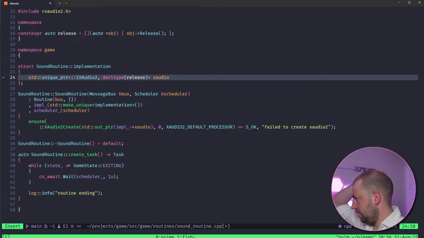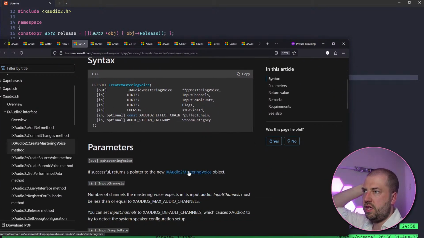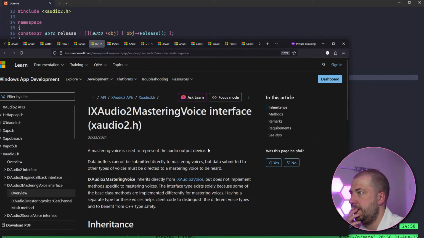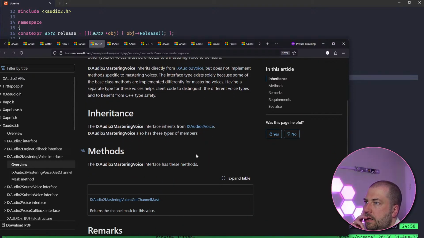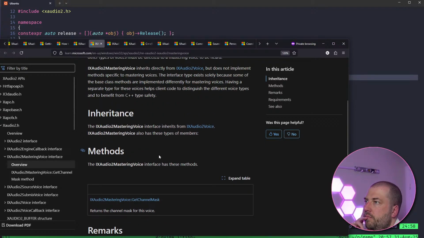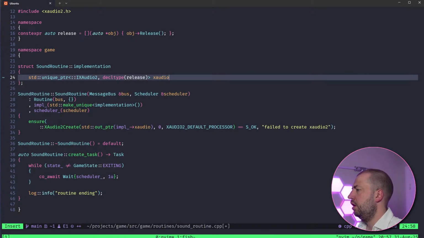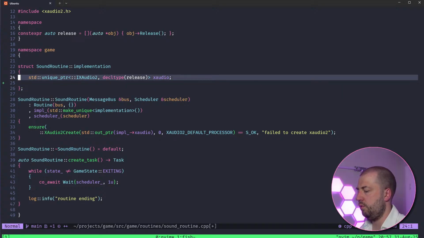So I'm going to assume from create mastering voice, whilst I get one of these out, I assume this also needs releasing. If it's a COM object, it will need releasing. Interesting, it only has this one method on it, presumably in addition to the COM ones like GetRef and AddRef and Release from the classic IUnknown. You must have to pass this into something else then. Whatever. Let's just write it up and roll with it.